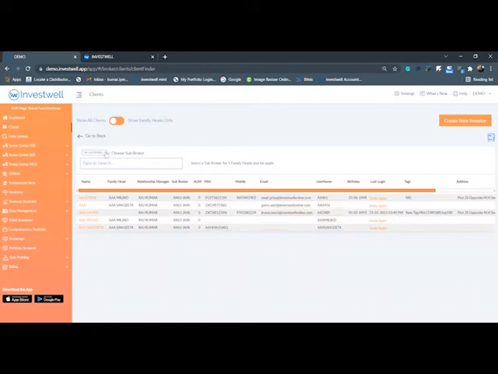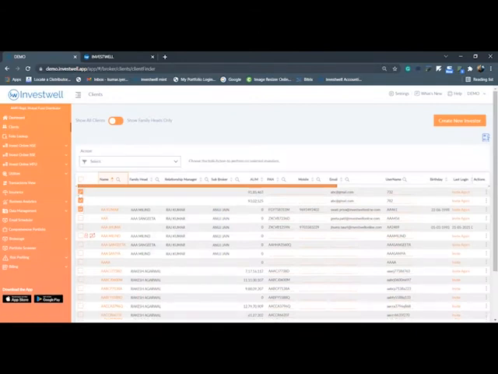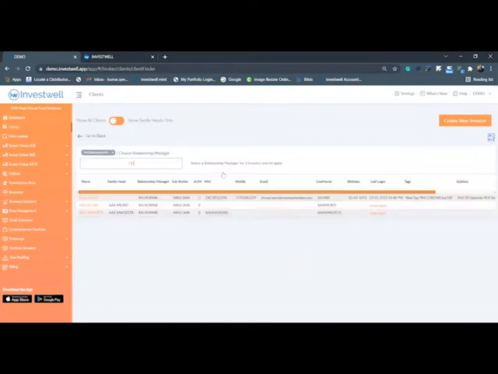Similarly, if you want to set an RM, again, you can choose the Set RM option from here itself. Whenever you choose a specific RM or a sub-broker, it will list all the created RMs and sub-brokers under your database. So you can easily click on Set RM and it will automatically give you the list of the RMs. You can choose any specific RM and click on Apply.